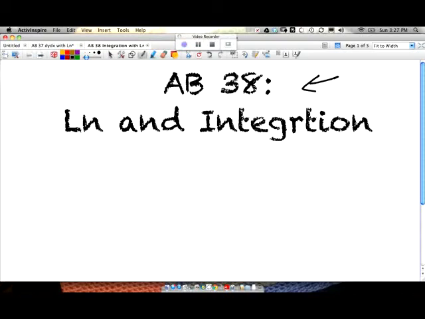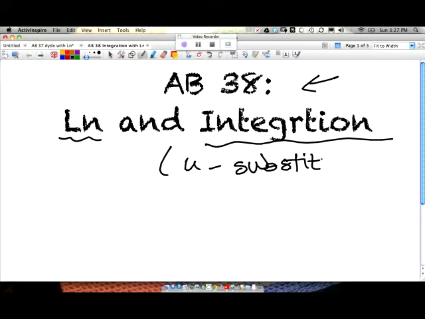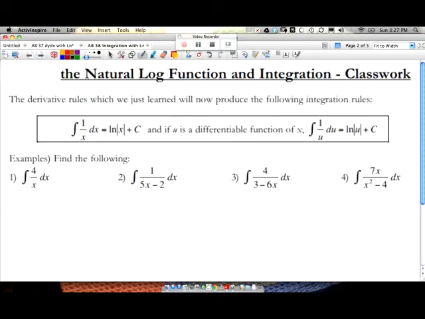Folks, we are here looking at AB38 natural log and integration, and we're going to be doing a whole lot of u substitution. Lots of it, all over the place. So let's do that. The first thing that we want to keep in mind is,